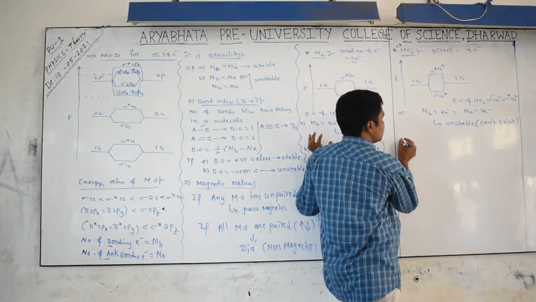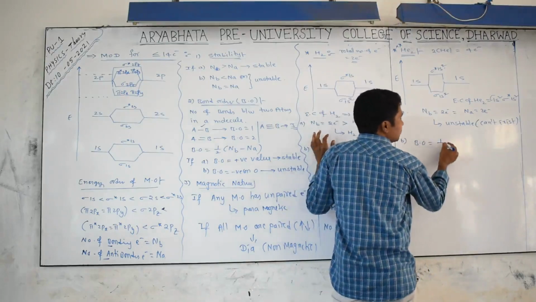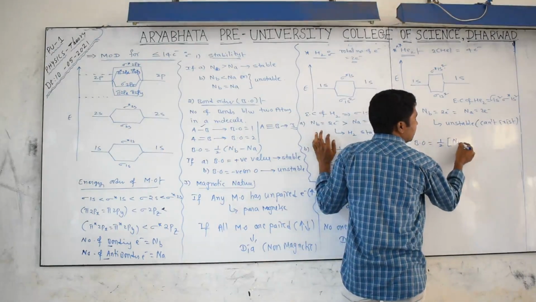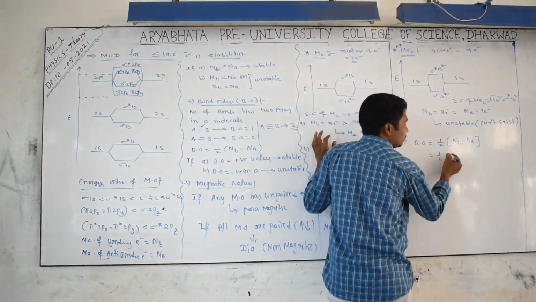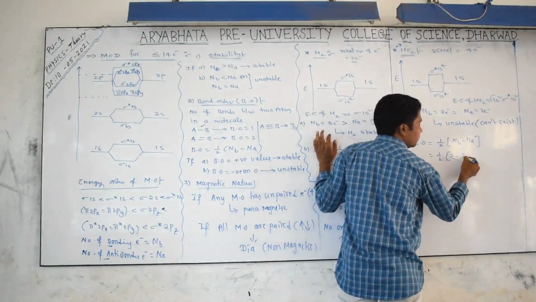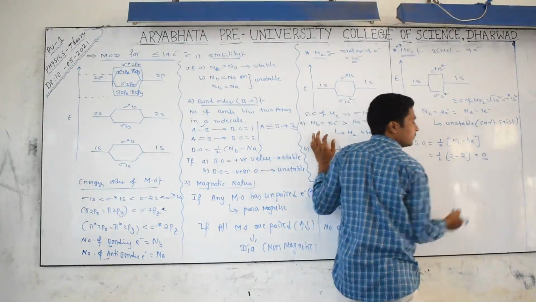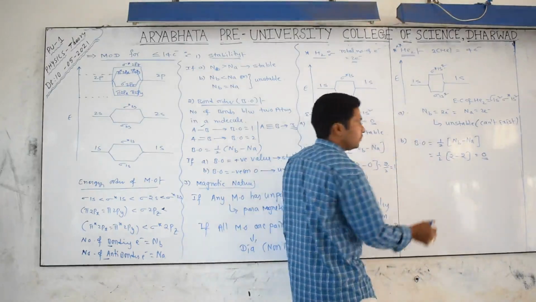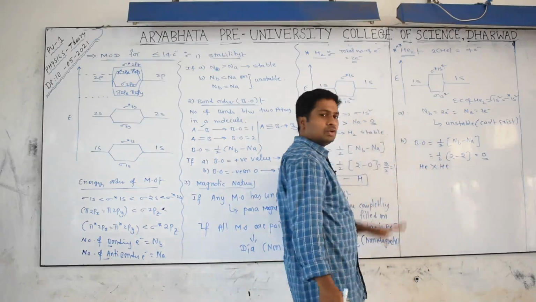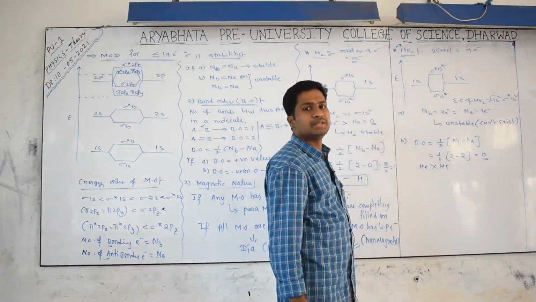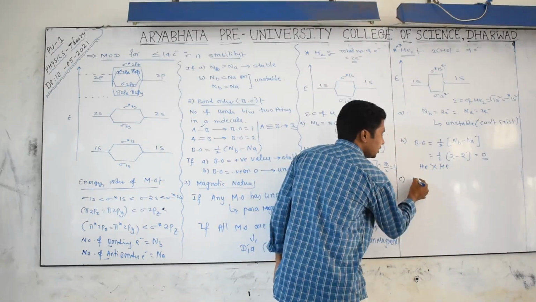And we have to discuss the bond order. Yes, bond order is equal to half of bonding minus anti-bonding. Bonding is 2 electrons and anti-bonding is also 2. 2 minus 2 is 0, and 0 by anything is 0. Bond order 0 means what? Between helium and helium nothing is there, no bond. Then how would it exist? It will not exist.